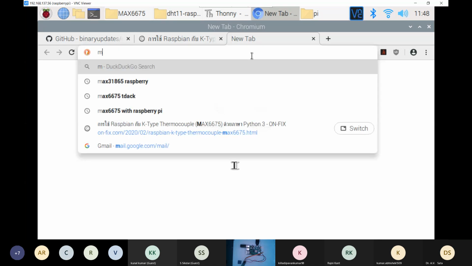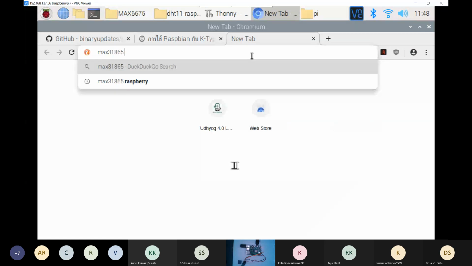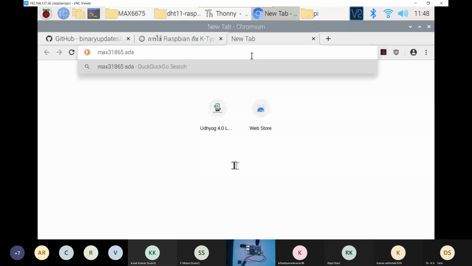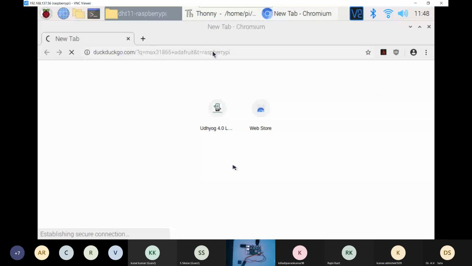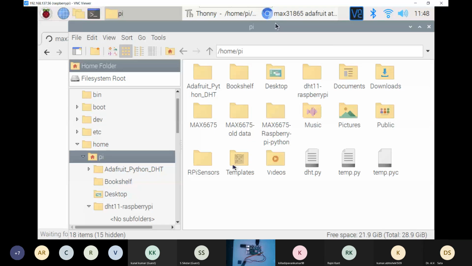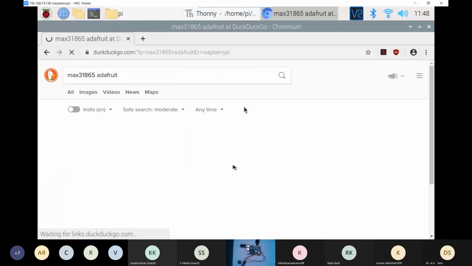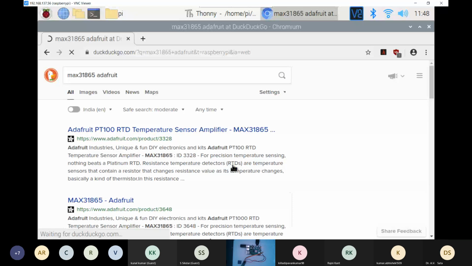First, we'll have to download the Adafruit library. This one is official.